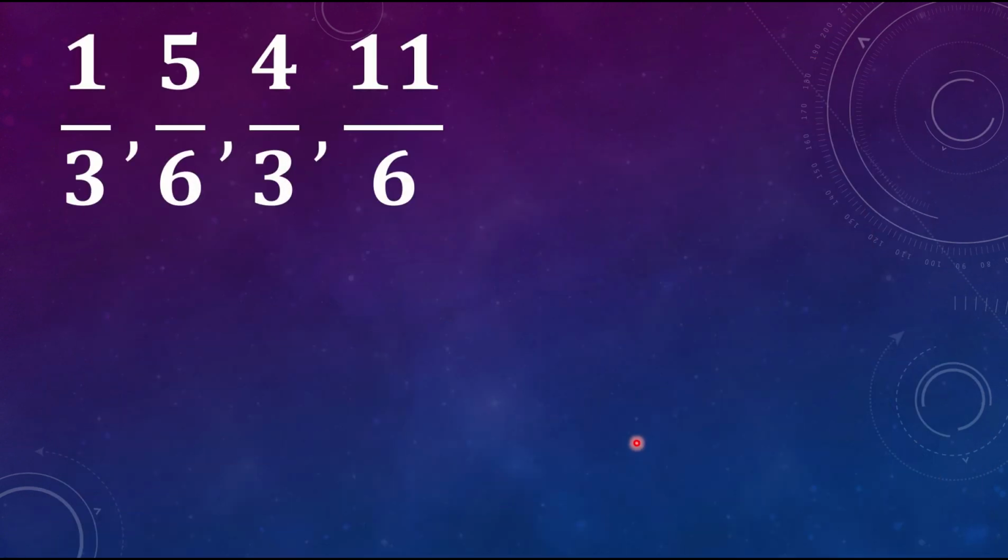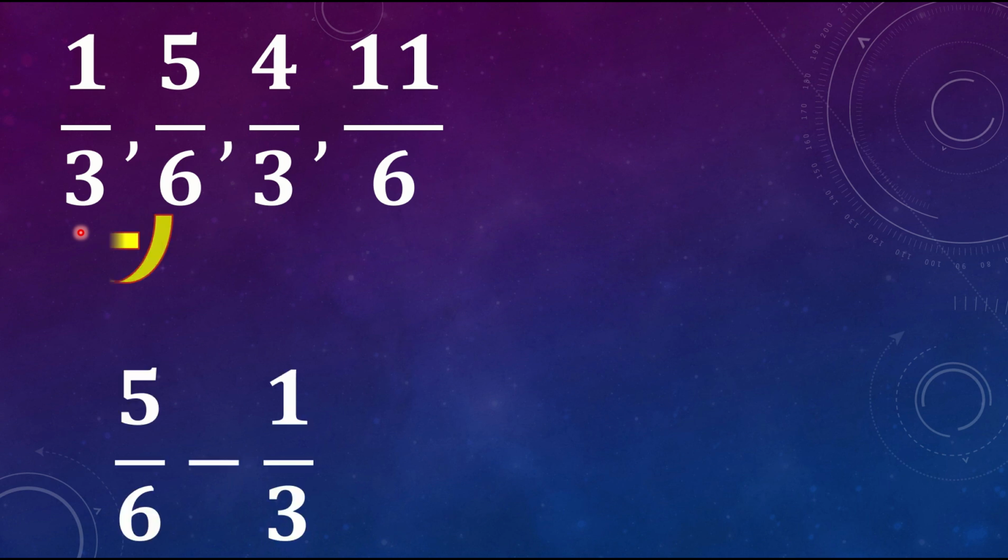For the third and the last example, let us try using fractions. So we have 1/3, 5 over 6, 4 over 3, and 11 over 6. So let us try to verify whether this sequence is an arithmetic sequence or not. So we have to subtract the second term and the first term. So that is 5 over 6 minus 1/3. Since these are dissimilar fractions, meaning they don't have the same denominator, we can just use the shortcut, which is by cross multiplication. So we will have 5